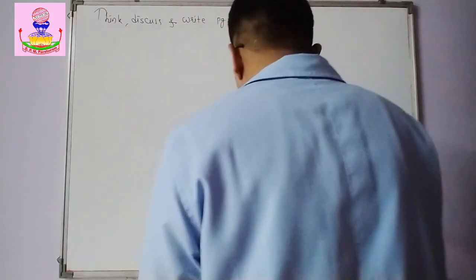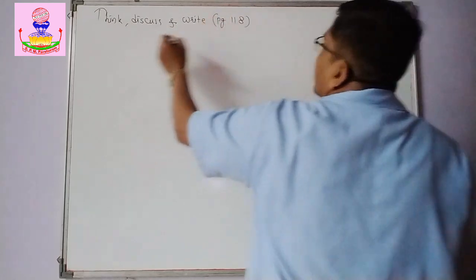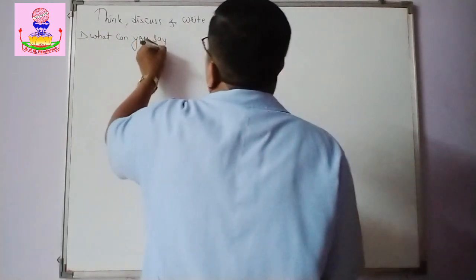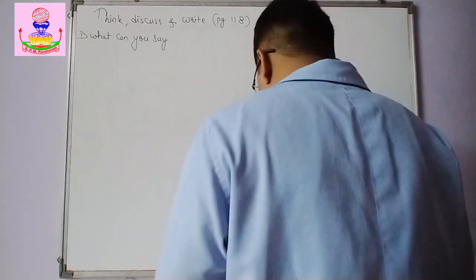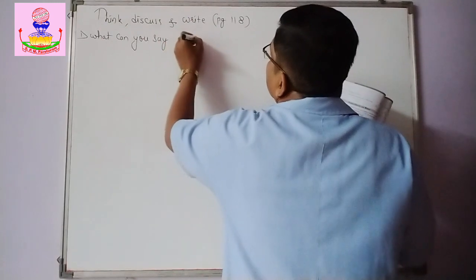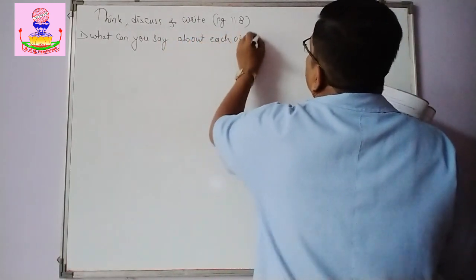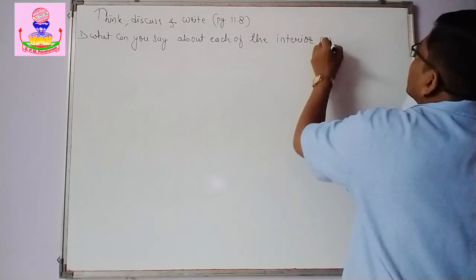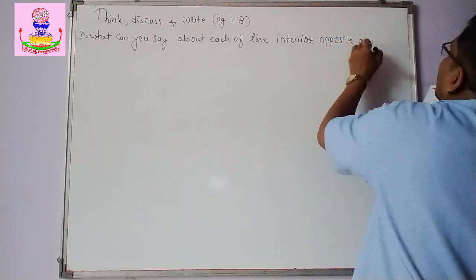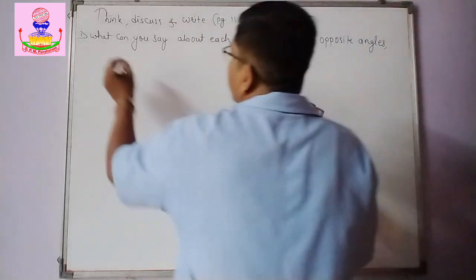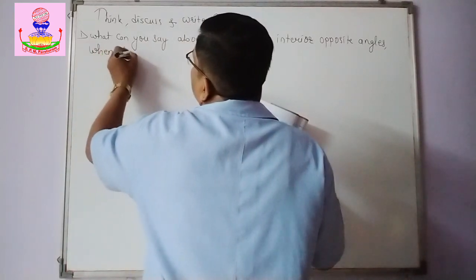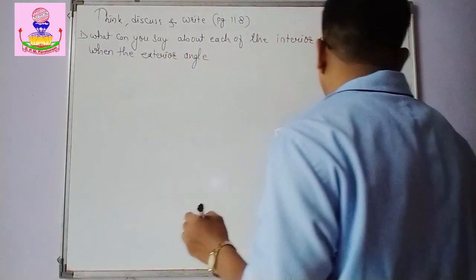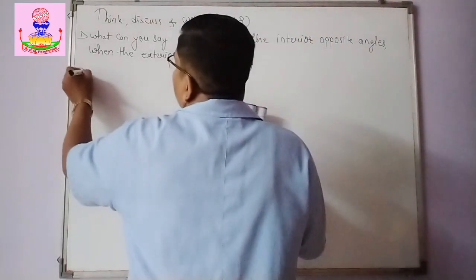Page 118. So what can you say about each of the interior opposite angles when the exterior angle is, number 1, a right angle,